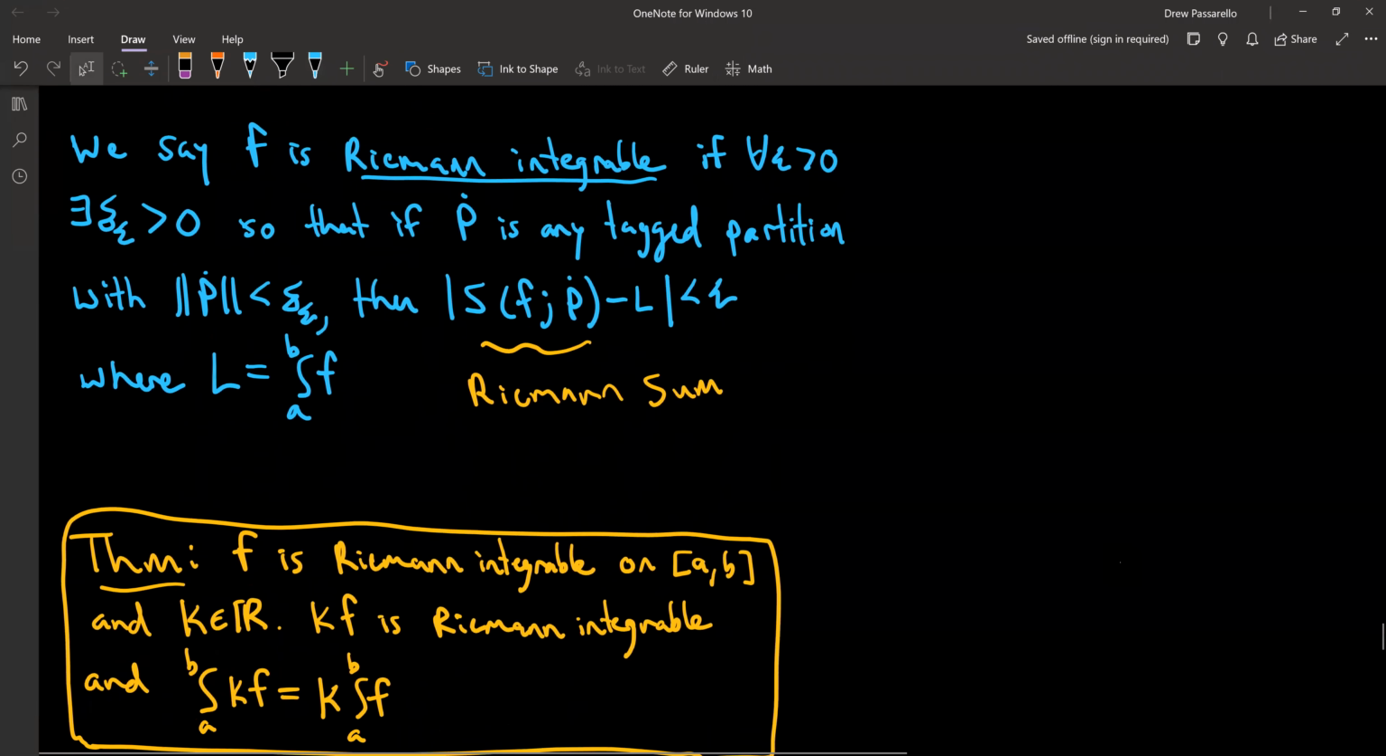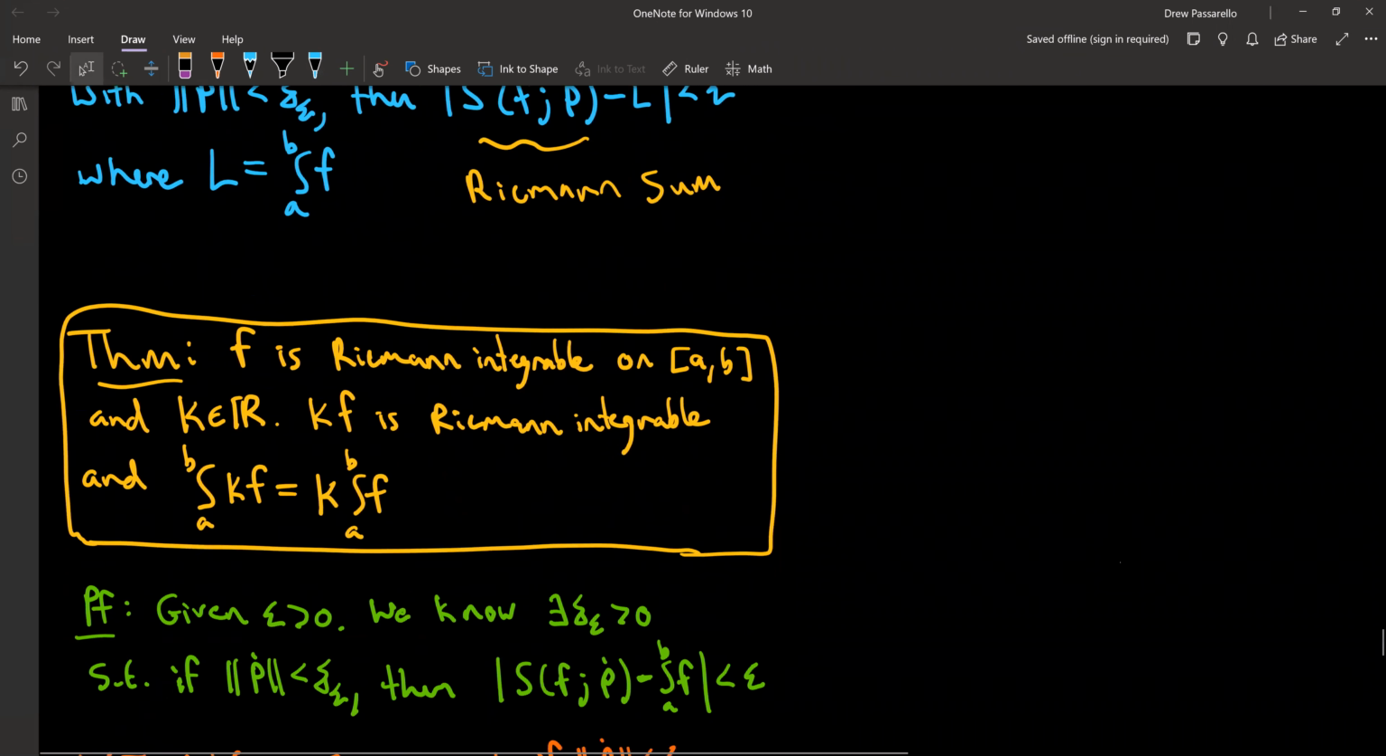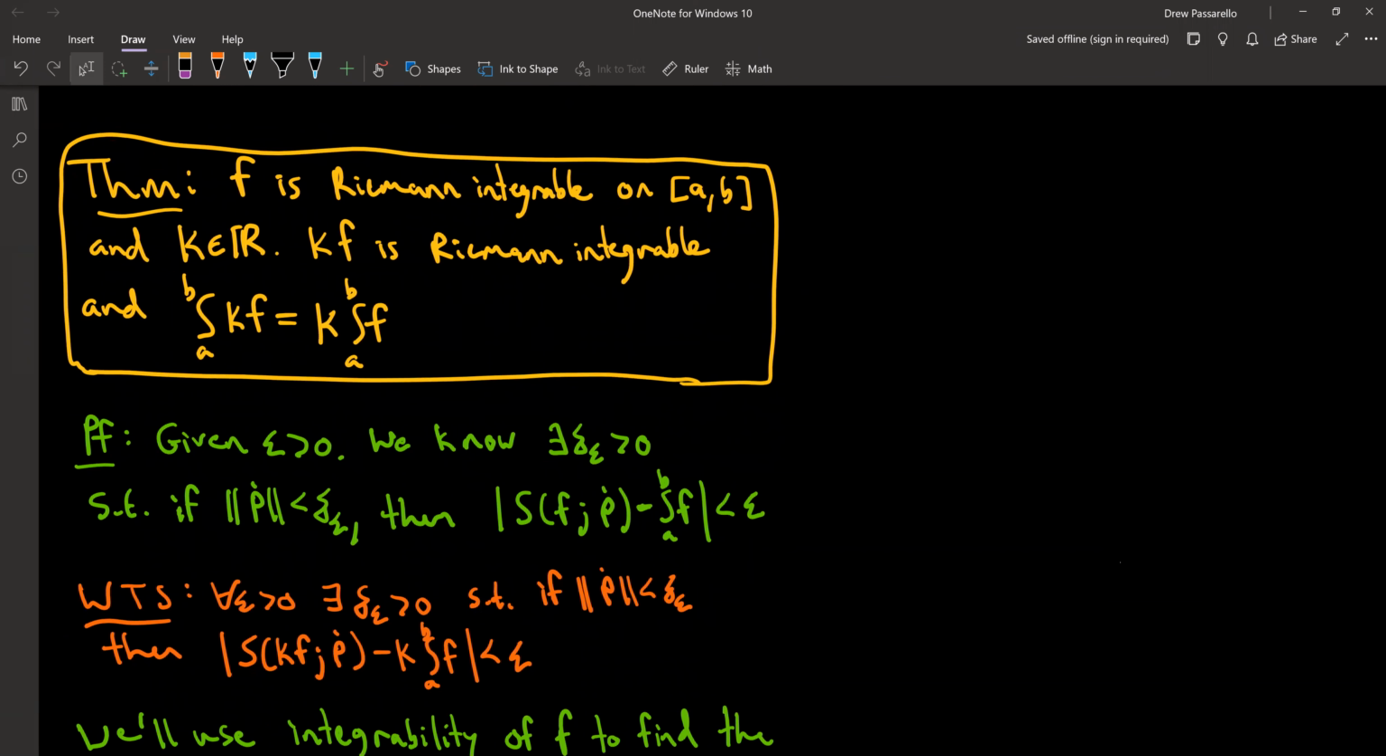All right, so here's the theorem. The theorem is: if f is Riemann integrable on [a, b] and k is some real number, then k times f is Riemann integrable, and further, the definite integral from a to b of k times f is equal to k times the definite integral from a to b of f. So the proof,